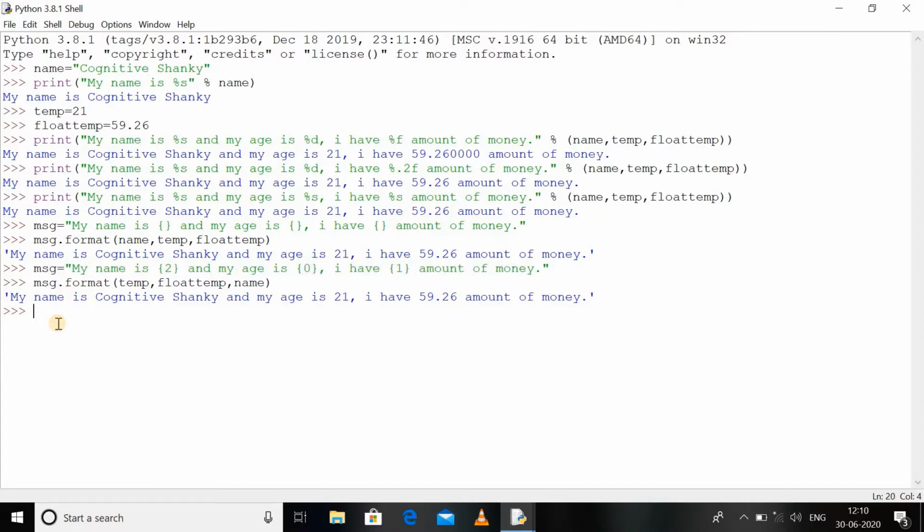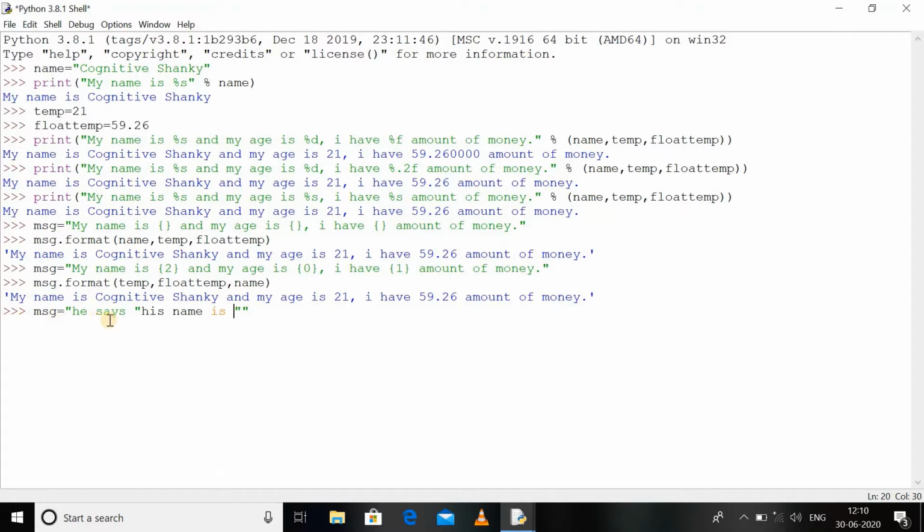Now the last thing is sometimes we need to use special symbols in our message as well. So let's say I have a message, he says, and then again I have a quote, and in this quote I want to write something. So let's say, his name is.